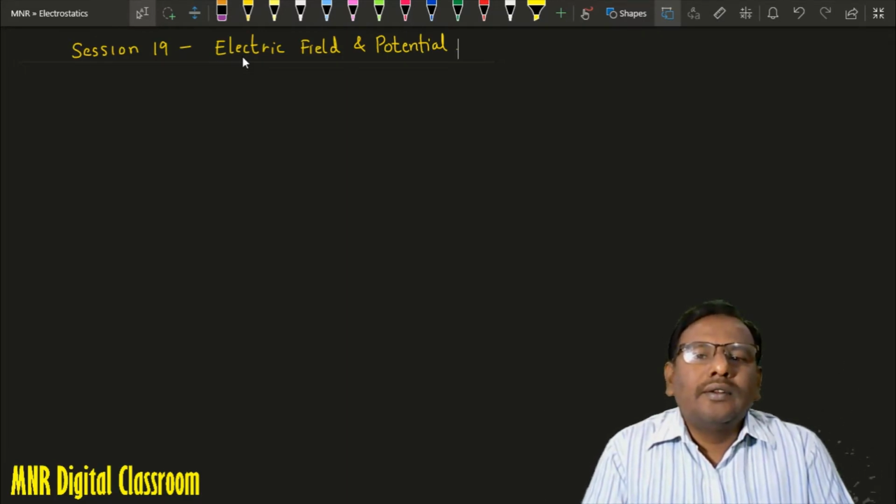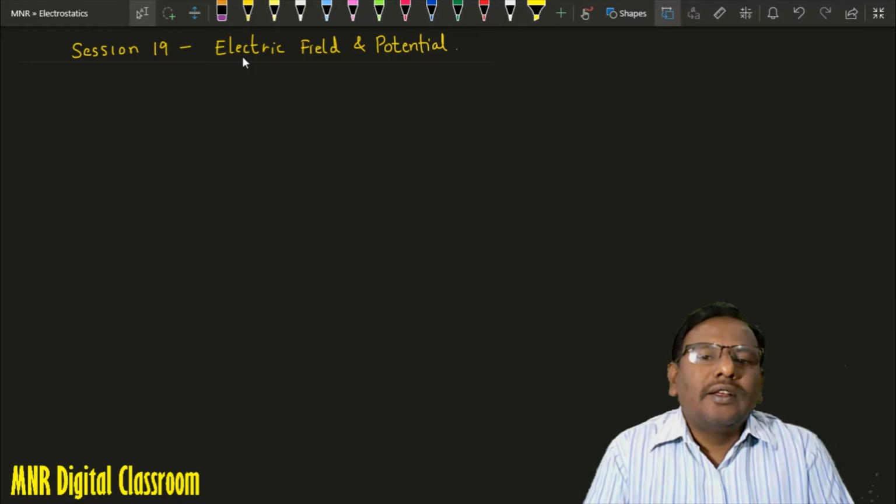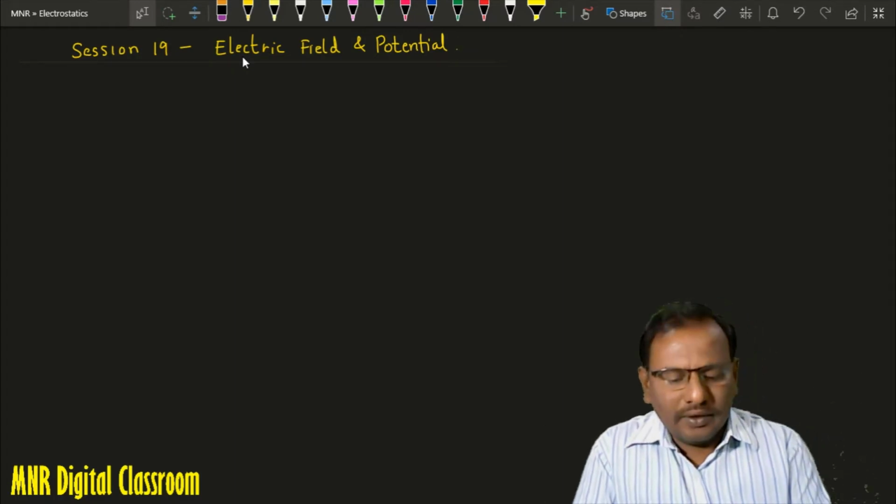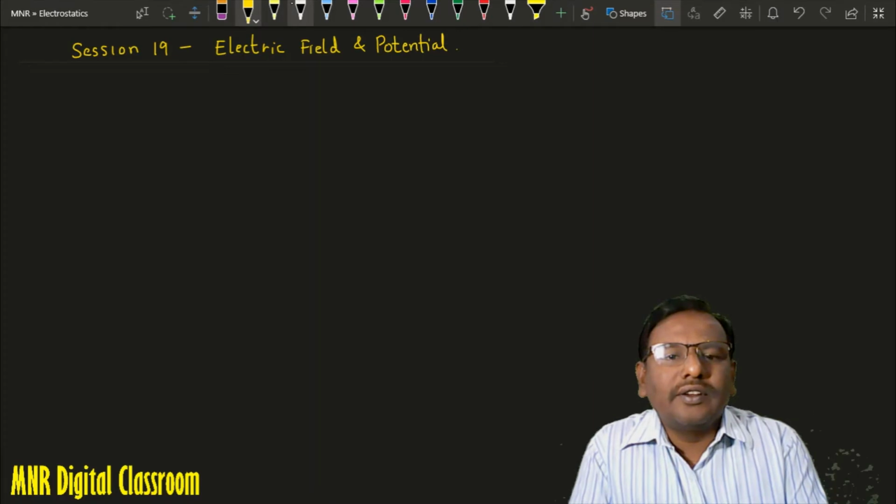In this session, we are going to learn about electric field and electric potential. This is the 19th session of the third semester BSc Physics course of Davangere University. The main objectives of this session are: